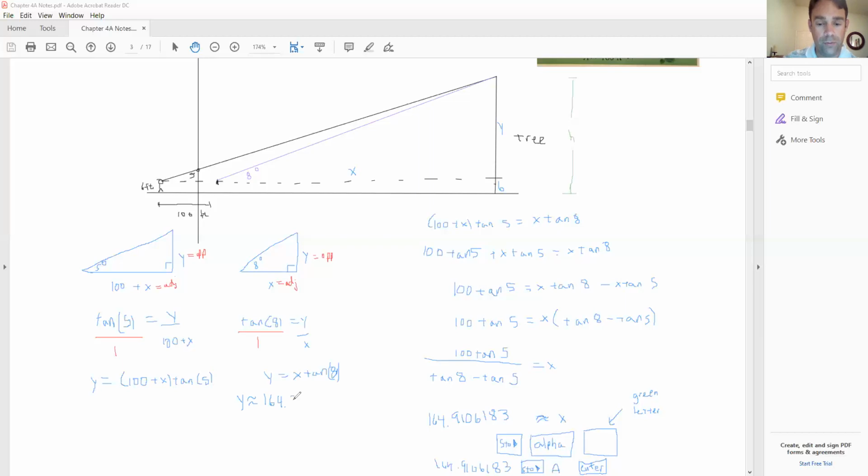So I know what x is. I've got to go and figure out what y is because that's going to be the majority of the tree. So there's my x value. Notice I'm not rounding, I'm leaving it all the way out. I'm going to multiply by tangent of 8. If you stored it as a letter, go ahead and use that letter. So when I did it, I actually did A times tangent of 8. I actually did use the A on my calculator. And I end up with